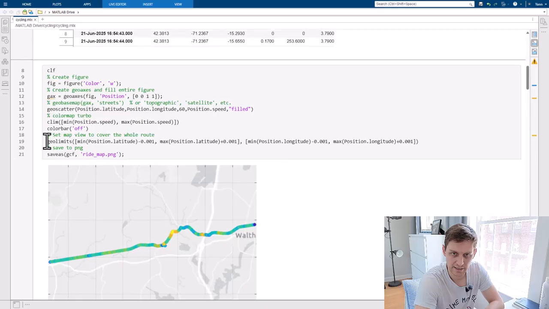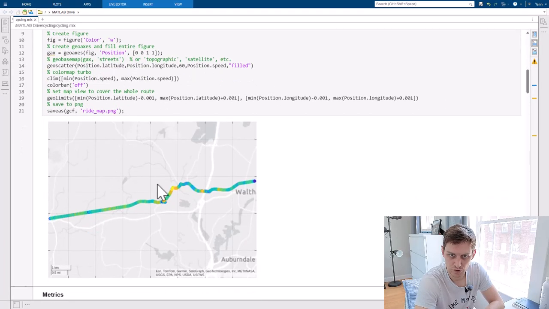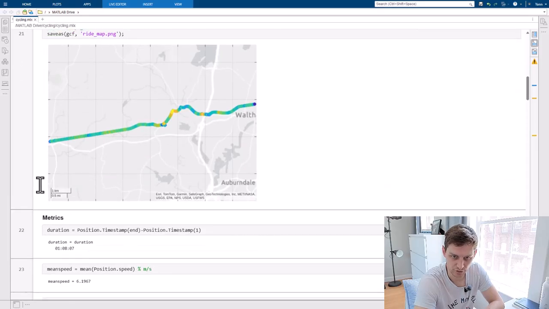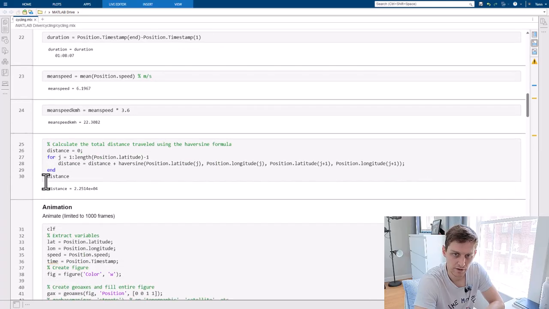Now the first thing that I do is create this nice map that shows you the speed, and I'm also removing all of the color bar and axes and so on. I can compute a bunch of metrics like the duration of the ride, the mean speed in meters per second or kilometers per hour, and also using the haversine formula